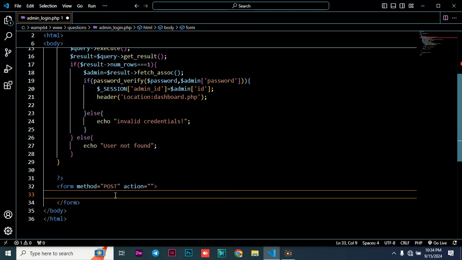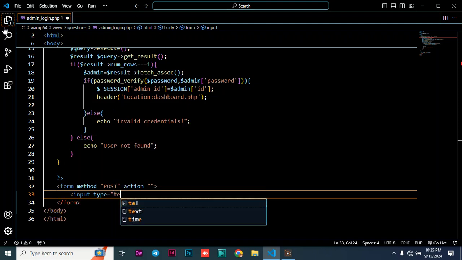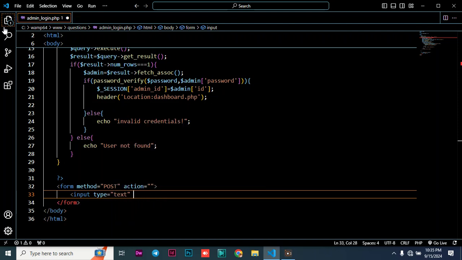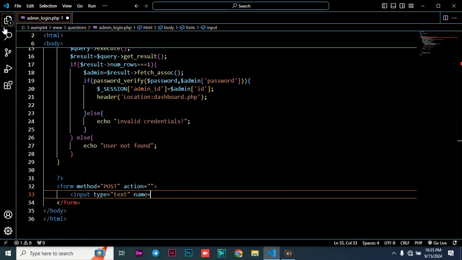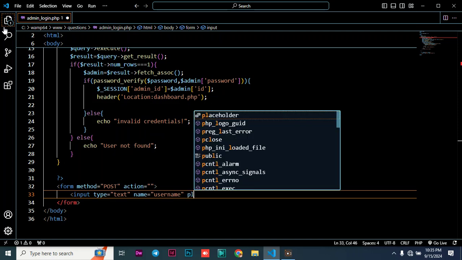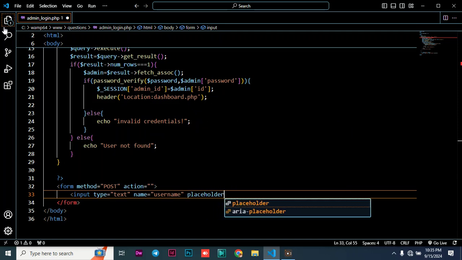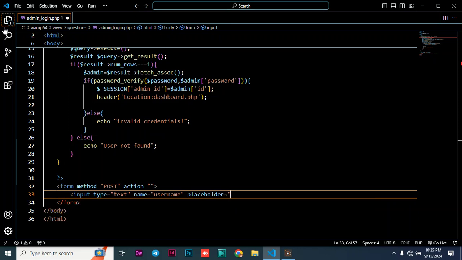Remember it is a tag, so you need to start with the angle bracket, and then you type there input type is equal to text. Then you just say the name is equal to username, and then you can just say placeholder. In that space before somebody enters is supposed to be given direction, and the direction is just say username,